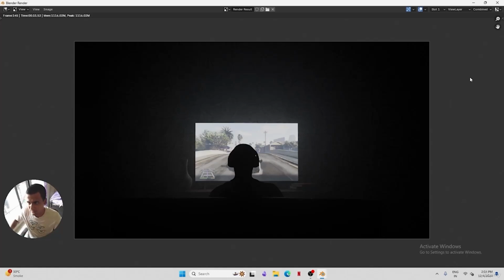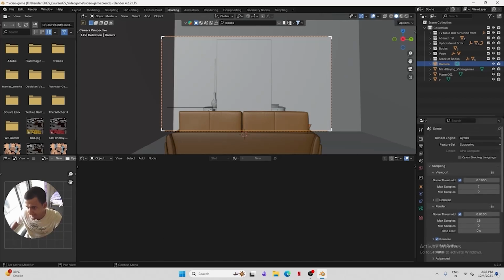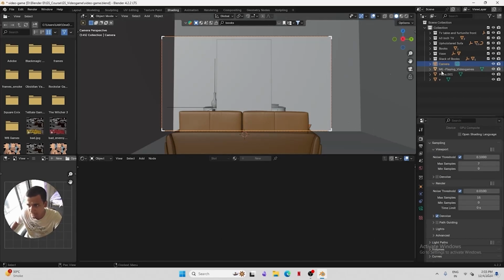Maybe I can check. Let me just make it to 15 and let me just check, because when we were using like 15 samples, we got the total time to render somewhat around 40, I guess. I don't think 10 seconds would do any problem. Let's do one thing. Let's make the max samples to 15, and let's get the noise threshold to the default value, and we can